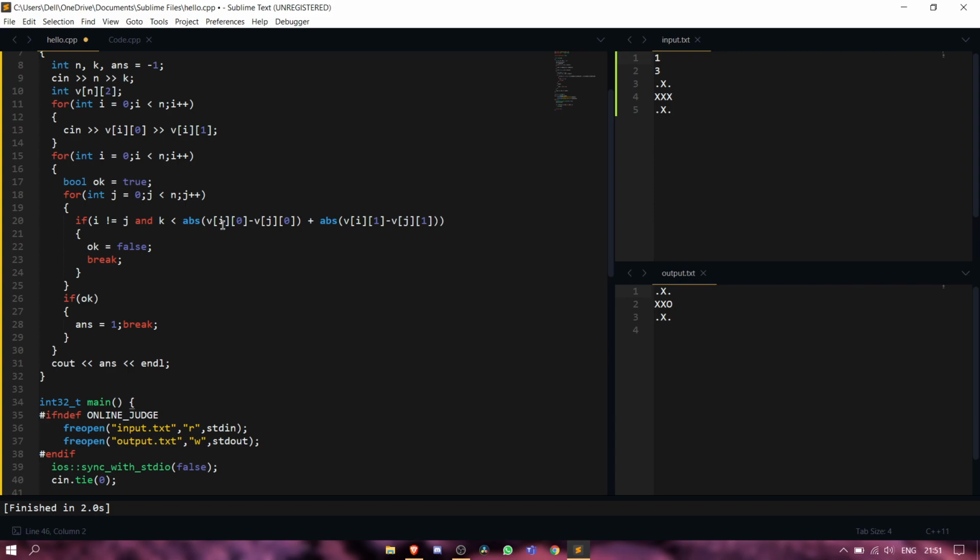If k is less, that means the ball cannot attract that one, then ok will be false, and we will break this second for loop inside the condition.